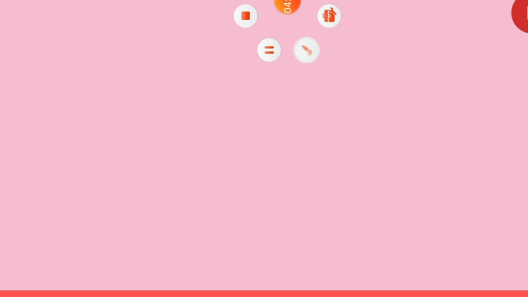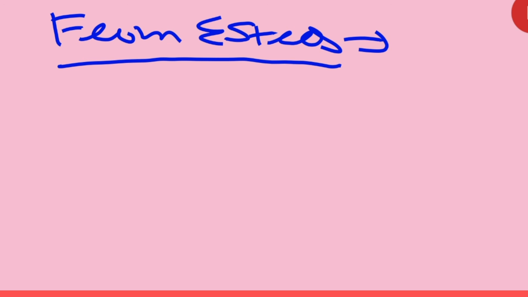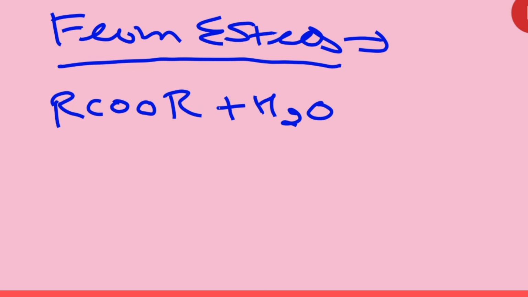Then after that, student, the next one is here. Next we are going to prepare the carboxylic acid from the esters. When we are preparing it from the ester, you must see, all of you, let this be the ester, and it is going under hydrolysis, but it is the reverse reaction of esterification. Maybe you know the esterification. It is totally the reverse of esterification. In esterification, we form ester and water over there. Here, in this case, it becomes